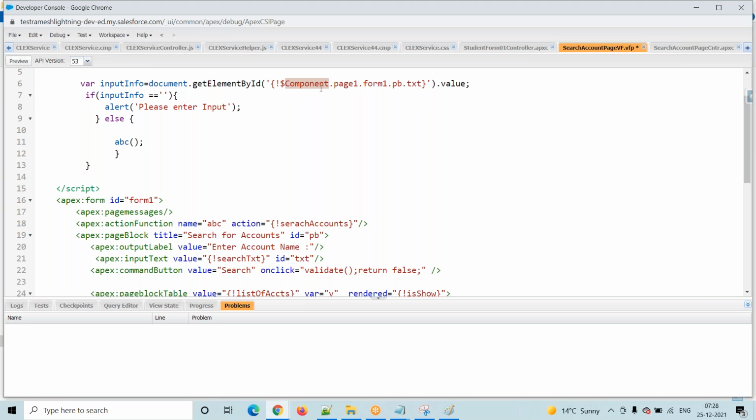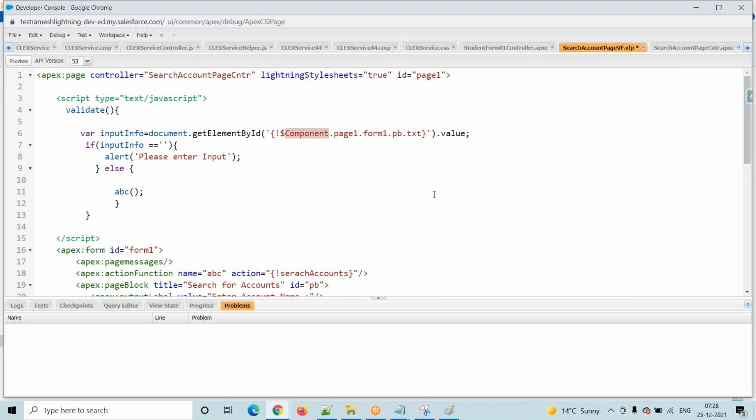See here, dollar component, no need to remember the syntax. We have to fetch the data from the text box. How to fetch the data in JavaScript from the text box in the Visualforce page? We have to search it and we will get the syntax. Same syntax. Document.getElementById means we are fetching the value. That value we are storing into this particular variable.